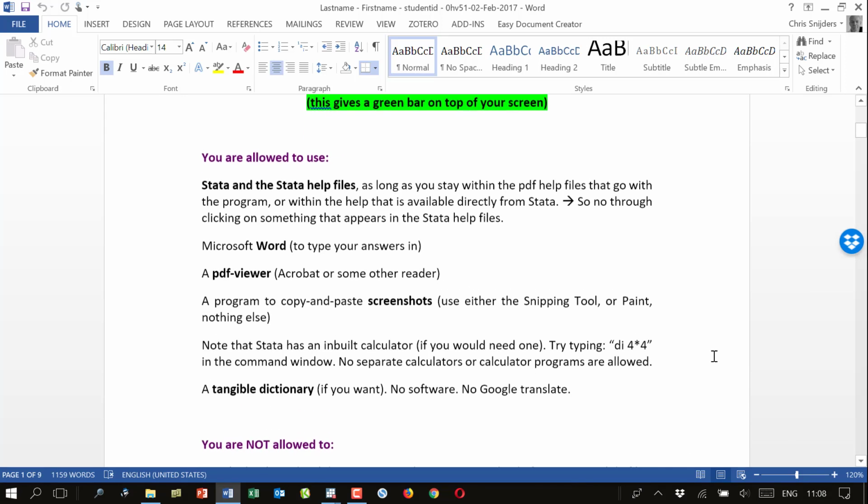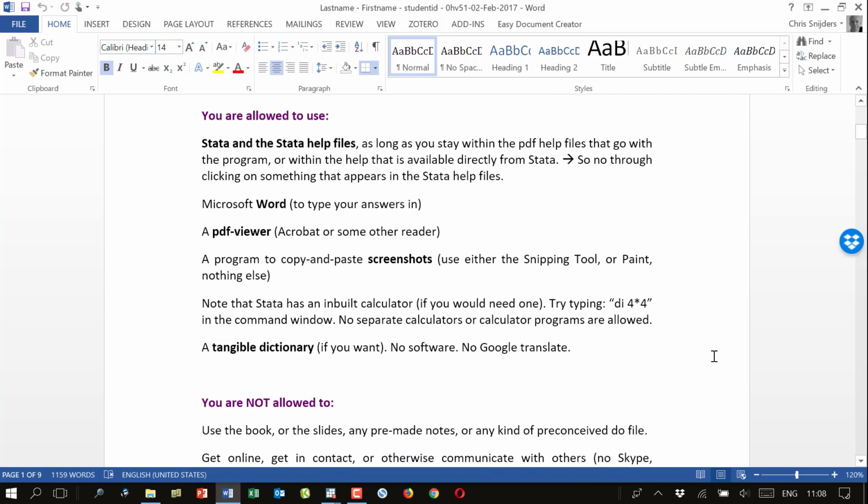Increase it a little bit more. So you're allowed to use Stata and the Stata help files. And the Stata help files, you may or may not know, that's 14 manuals like this wide, in fact, but then as a PDF on your machine. And the way to see that is,